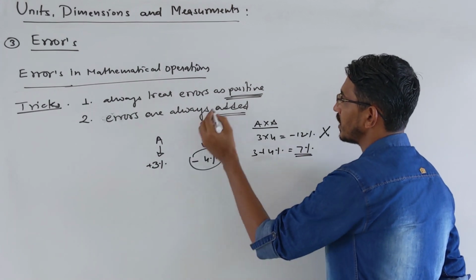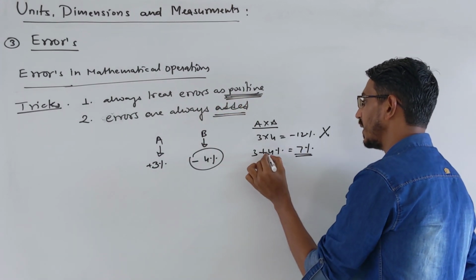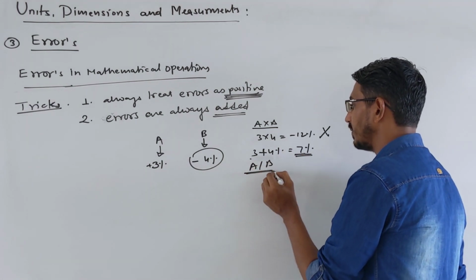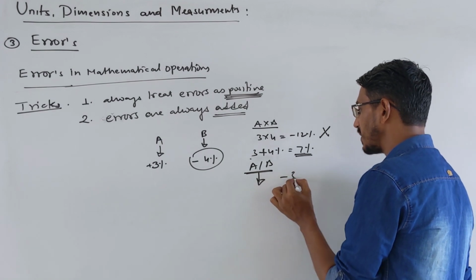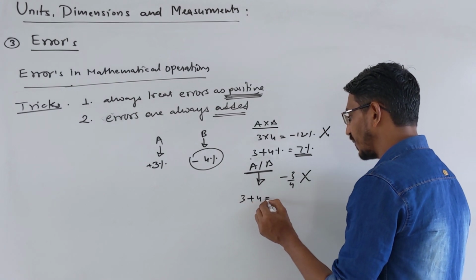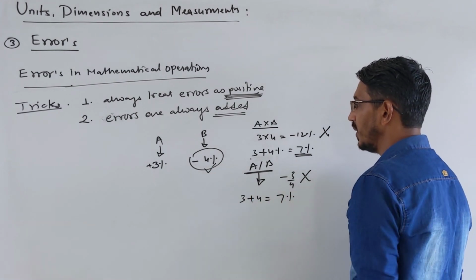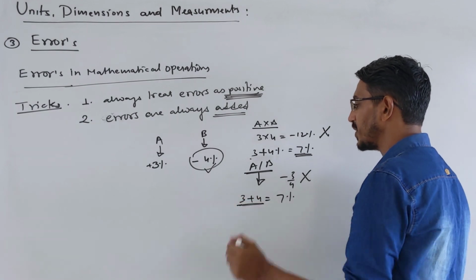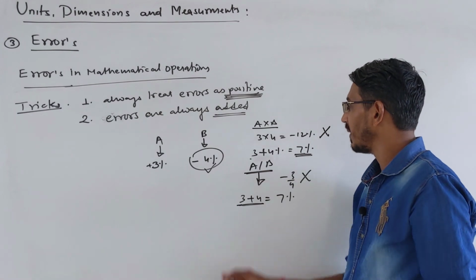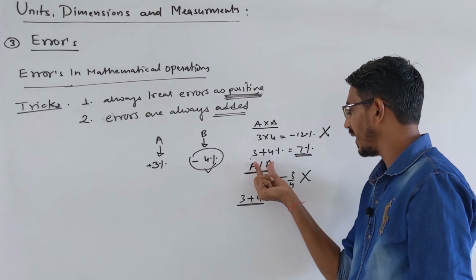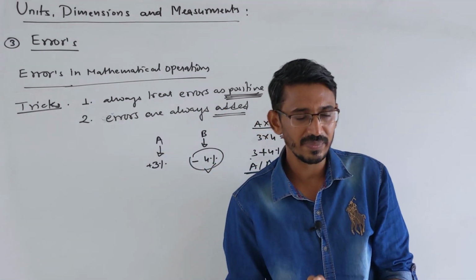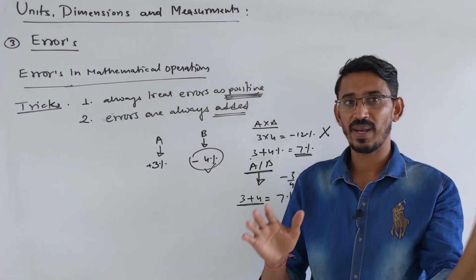This was a negative error. Still you have to call it positive, and you simply add them. 3 plus 4 is 7%. Right? Now I ask you to divide these two errors, A by B. You know what is the answer? You might say minus 3 by 4. Wrong answer again. Again the answer is 3 plus 4, which is 7%. Again you call this positive. Even when dividing them, you still add them. The answer is again 7%. It's very simple and interesting. Even if I am multiplying, you add them. Even if I am dividing, you add them. The same thing will also happen when they ask addition or subtraction, but the error will be absolute error. I will explain one by one.